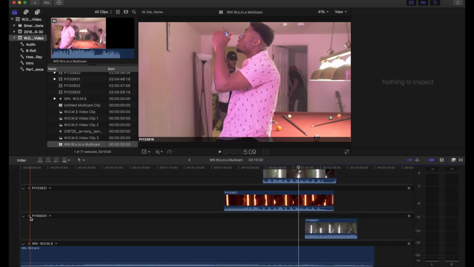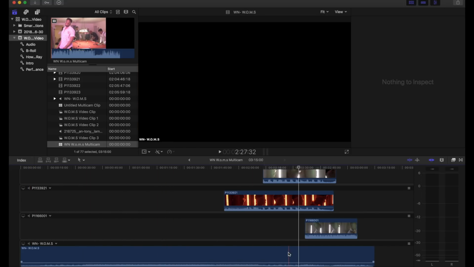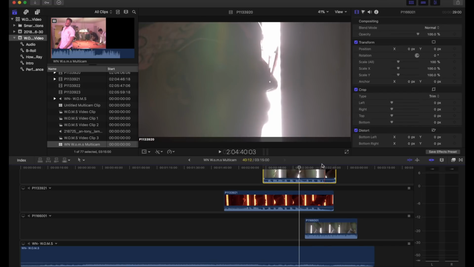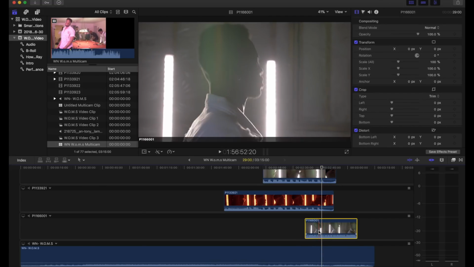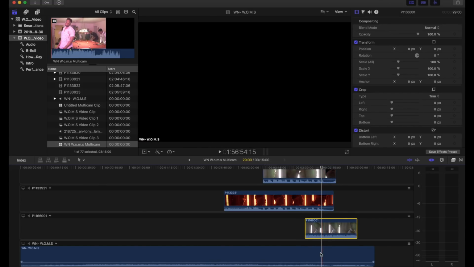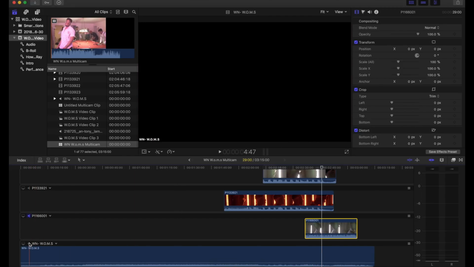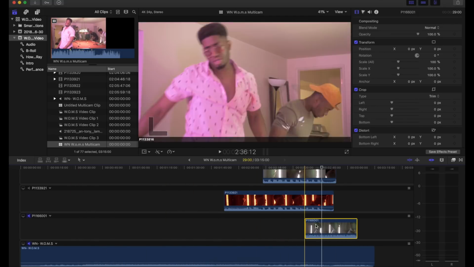So when you're going through each angle, let's say we're syncing up this angle, for example, of course we're going to have to do it to every single one, we're syncing up this angle with this audio file. We're going to have this audio on, right? But we're also going to have the audio on for the actual audio file of the song to basically match up both of them.